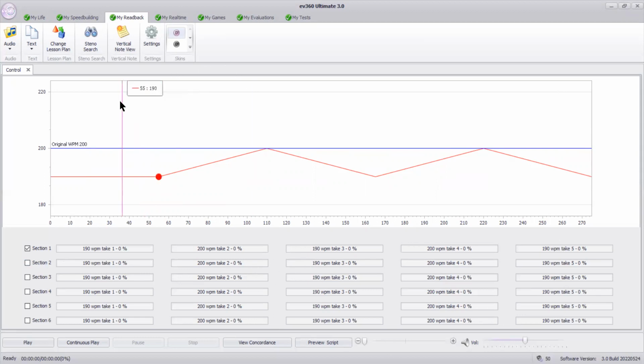And then if you wanted to, you could take that same document that I chose and work on it in MySpeedbuilding. So it's a great tool, especially for working on accuracy and spots that you might be struggling with. The last one I want to work on is